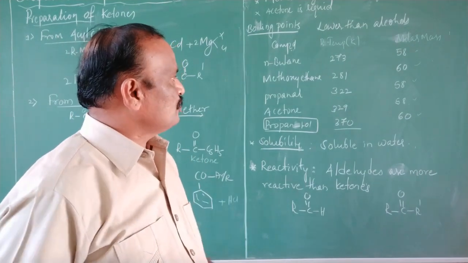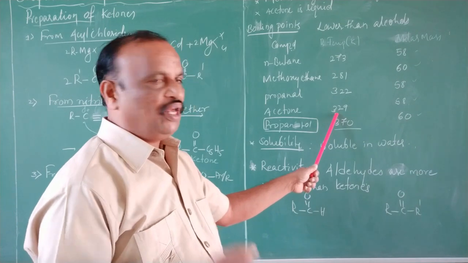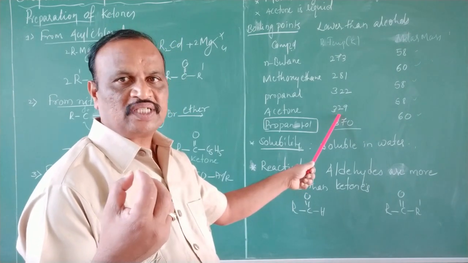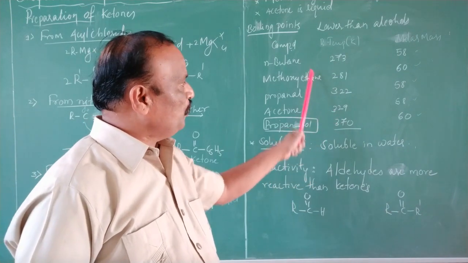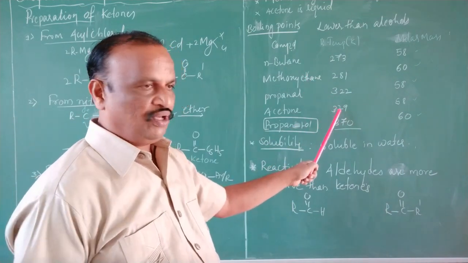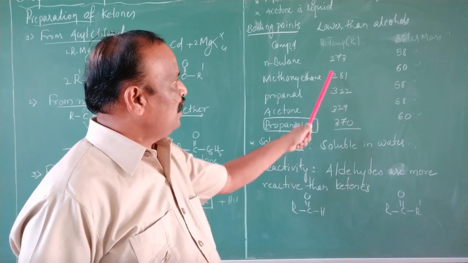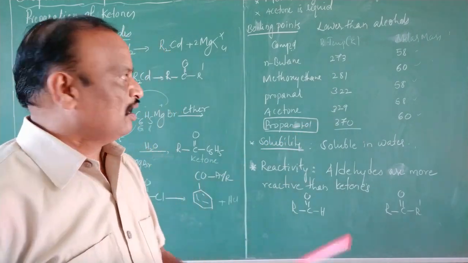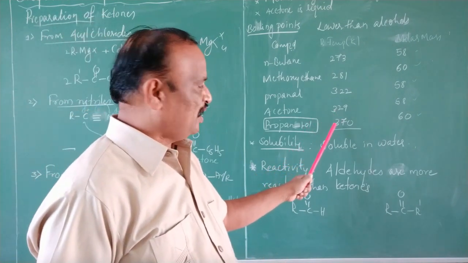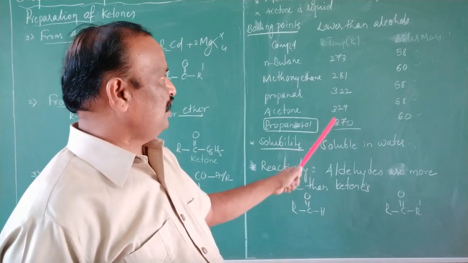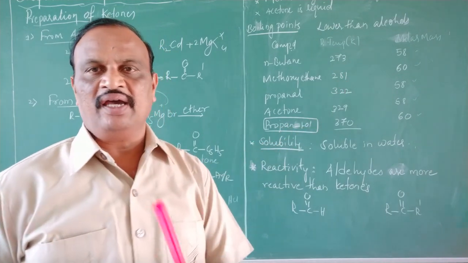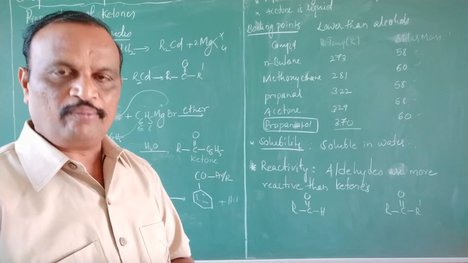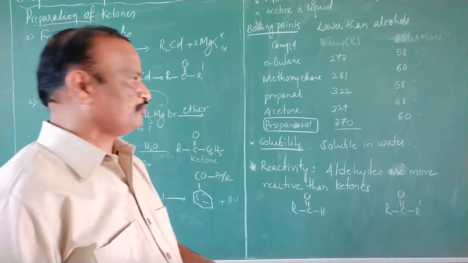In case of ketones, the hydrogen bonding forces, the interparticle forces, are a little better. So compared to aldehydes, you will have a little higher value of boiling points in case of ketones. Otherwise, the boiling point values of aldehydes are less compared to ketones and compared to alcohols. However, they have a higher boiling point than aromatic hydrocarbons.